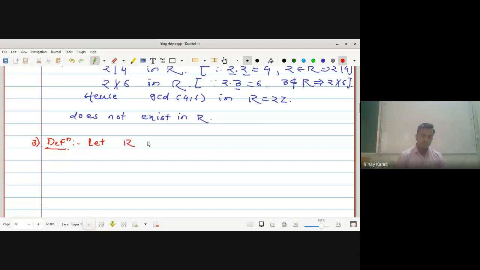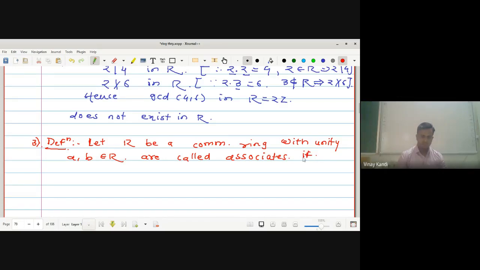Let R be a commutative ring with unity, and A, B belong to R. They are called associates if A is equal to UB, or B is equal to AU,